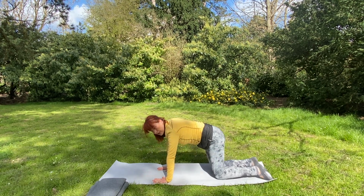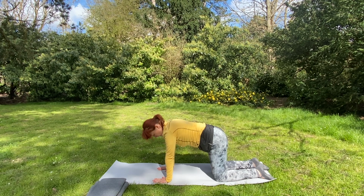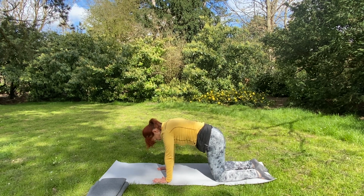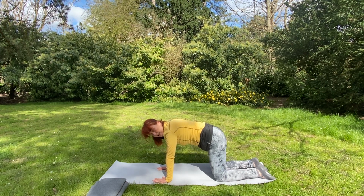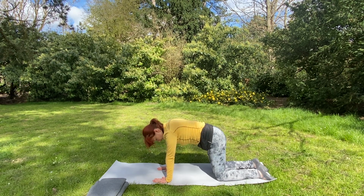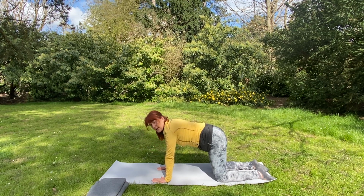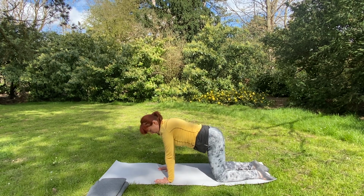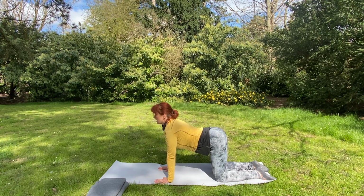Now for me, as I am actually in the park, so the surface is not as straight as you would have practicing at home. So if you do sometimes decide to practice it outside or watch this video, then make sure that you find the spot where your knees feel really soft, so they're not halfway through the stone or not straight ground, which might be actually difficult to have straight. But find it so the knees are kind of protected there and supported. And then just bring your shoulders above your wrists, knees below your hips, and then just start doing a few breaths